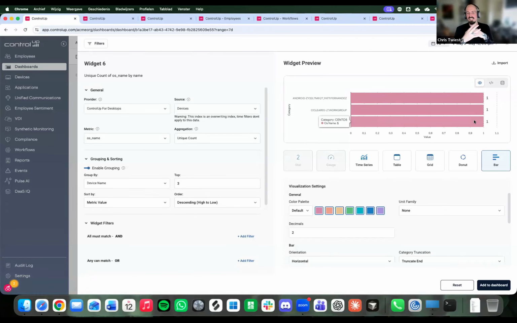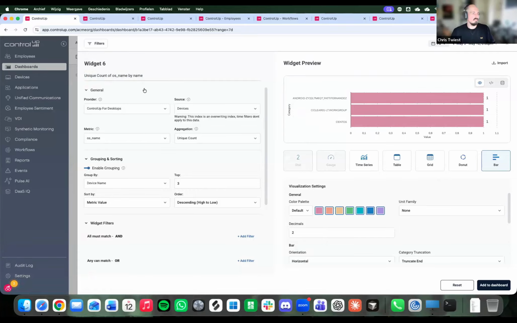And that isn't really helpful. This is what I always think of as a nonsensical widget. Also know that the description always tells you in natural language what you're trying to do. It's saying you're making a unique count of OSs by device name.